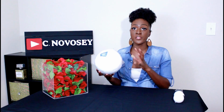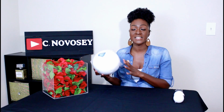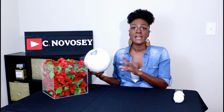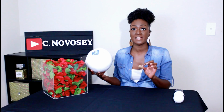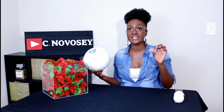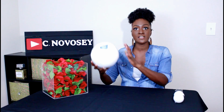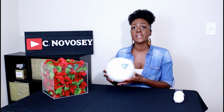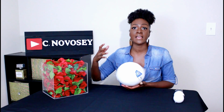Now, the bigger the ball, the more flowers that you are going to need. I wouldn't suggest getting a ball this big, but I want mine to be pretty massive. I would suggest getting maybe a 6 or 7-inch ball if you're having an event like a wedding. You don't want it to overtake the whole table. So I would suggest using a smaller 6 or 7-inch styrofoam ball in order to look decent on a table